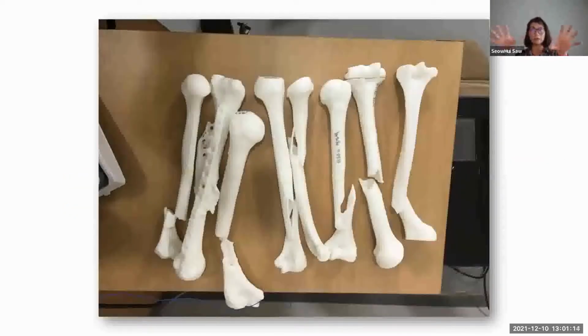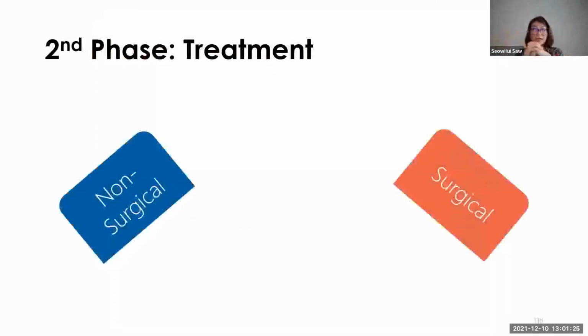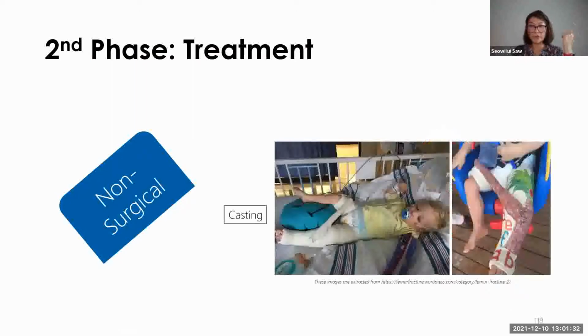This is one example, okay, given by Prof. Lee. Actually, these are bones collected from cadavers, who have already passed away, all right? The fracture bones. Now, what are the treatments actually? Now, there are two types of treatments. One is called non-surgical, another one is called surgical. Now, non-surgical: most femoral shaft fractures require surgery to heal, but it is unusual for femoral shaft fractures to be treated without surgery. This is actually referring to very young children, all right,